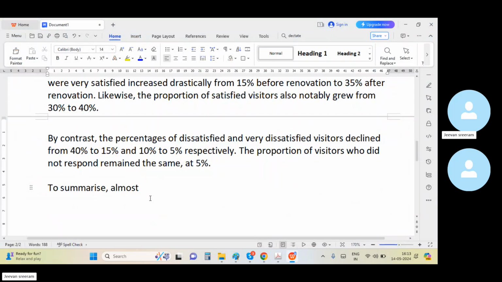You may simply write almost 80%. A very large majority of the visitors, right,